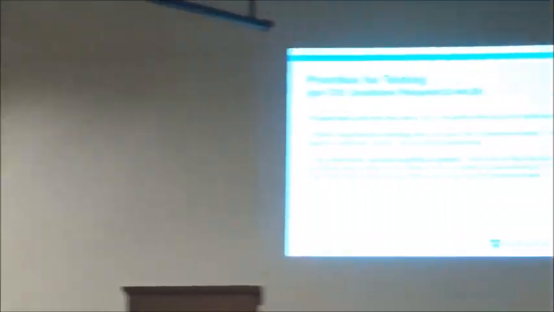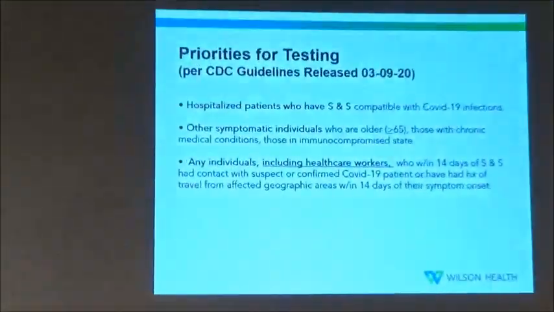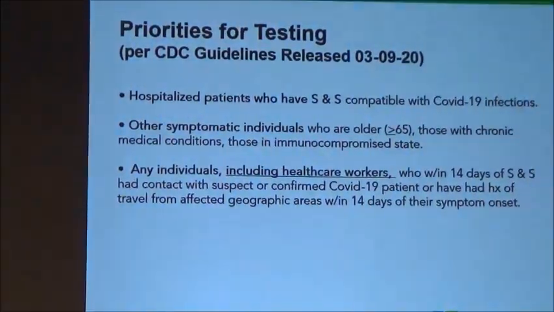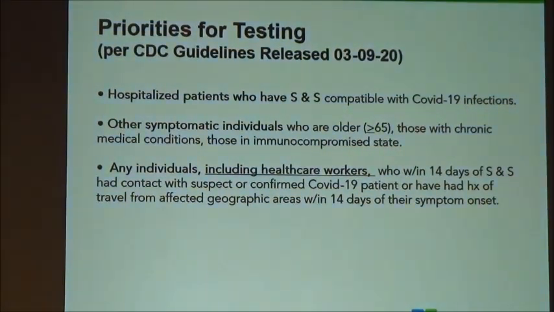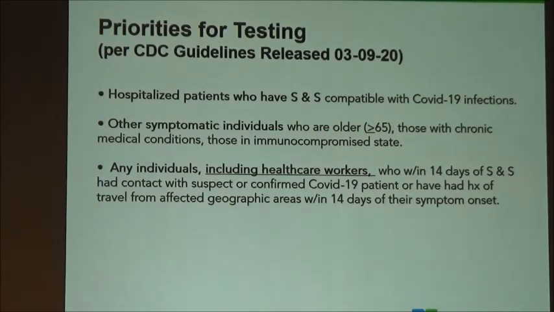Priorities for testing. This was what we were living with. The hospitalized patient, for sure, we need to have test kits and prioritize those kits for those people. Other symptomatic individuals, we need testing for them, and they include healthcare workers. Now, I want to clarify that. If you think you've been exposed to a COVID-19 patient, you will be interviewed so that we can determine your level of exposure. Because if you work with a patient who has respiratory protection on and you put on your personal protective equipment right away and the person tests positive, you have not been exposed.